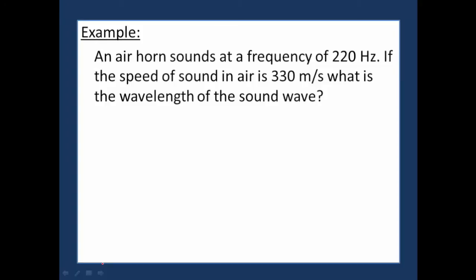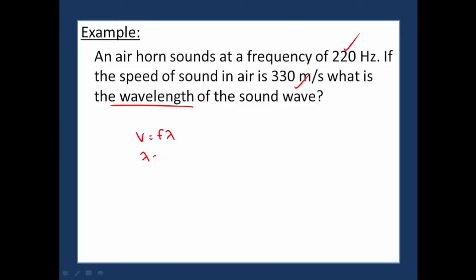Let's say that an air horn sounds at a frequency of 220 hertz and is incredibly loud. If the speed of sound in air is 330 meters per second, what is the wavelength of the sound wave? Well, we have a velocity and we have a frequency, but we need the wavelength. As soon as you hear that, let's do v equals f lambda, and let's solve